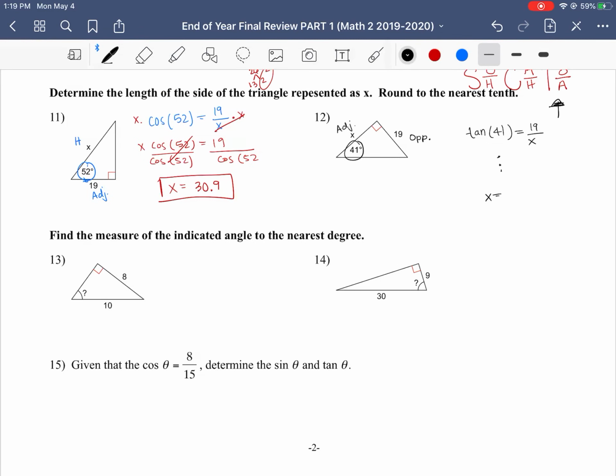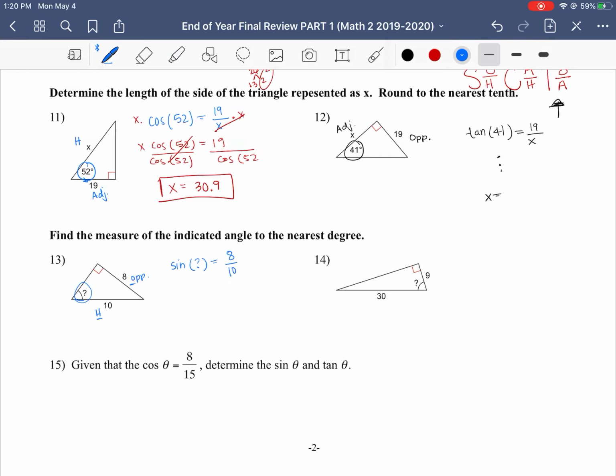13 and 14, again, same idea using SOHCAHTOA, but this time we're going to solve for the angle. So remember, if we don't know the angle, we still set up our ratios the same, we just have to use the inverse trig function. So again, here I'm going to label the pieces. It looks like we're given the hypotenuse and the opposite leg. So that O and H comes from the sine function in SOHCAHTOA. So we're going to do sine of the question mark, or the angle, is equal to opposite, which is 8